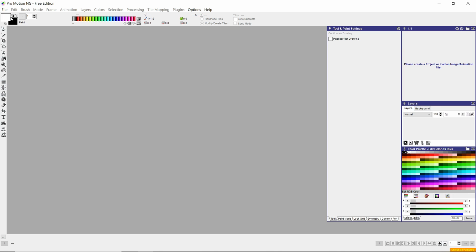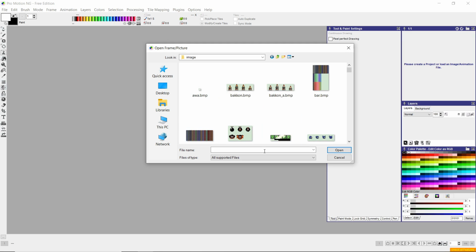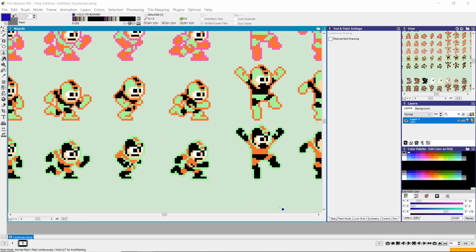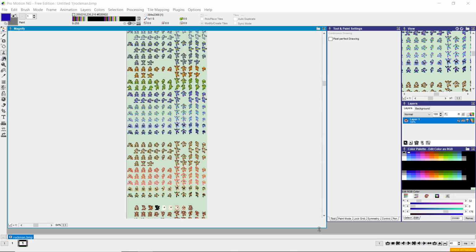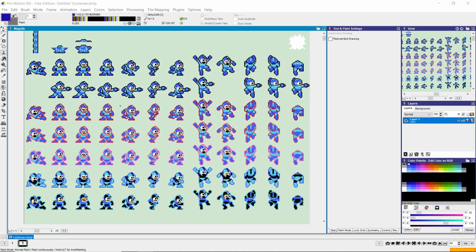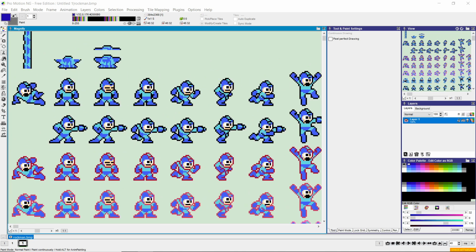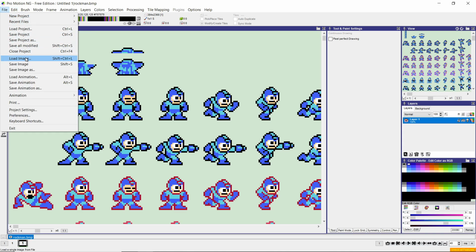So to start things off, let's open our game folder, and we'll be looking for rockman.bmp. There it is, because this is the file we're going to be editing. I'm just going to change my window sizes here. For this tutorial, I'm just going to be editing Mega Man sprites. So we're also going to open up